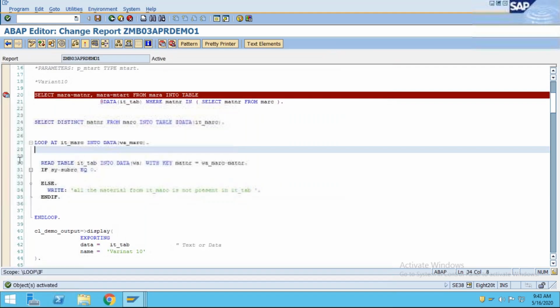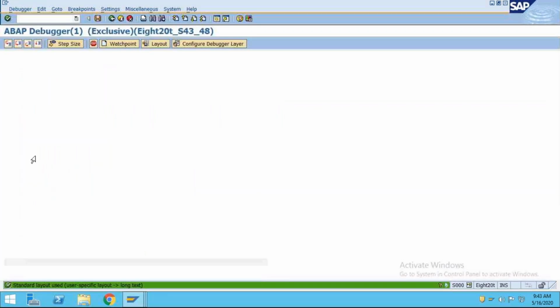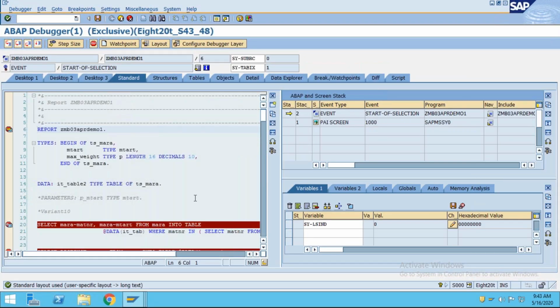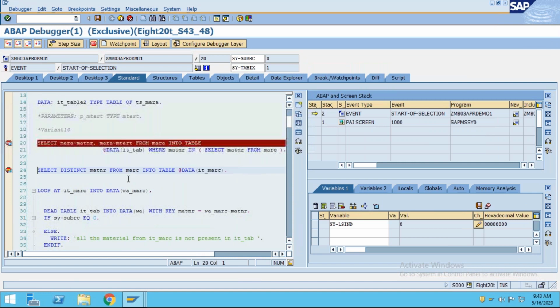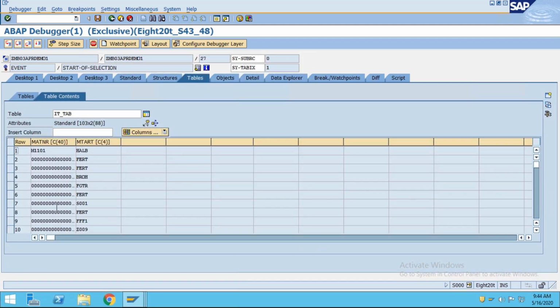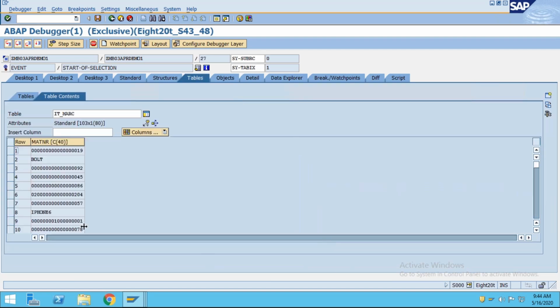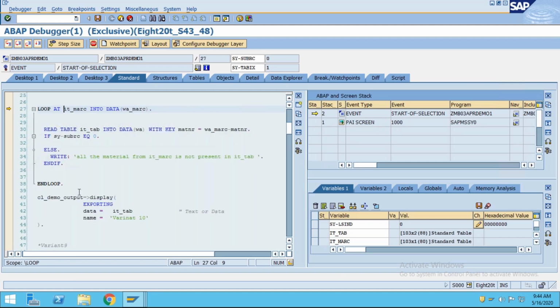Activate, put the breakpoint over here and press F8. Press F6 here. In it_tab you got 103 materials, and in it_marc also you will get 103 only. So just to check whether all the materials in it_tab are the same as the materials in it_marc, I'm doing that particular code.